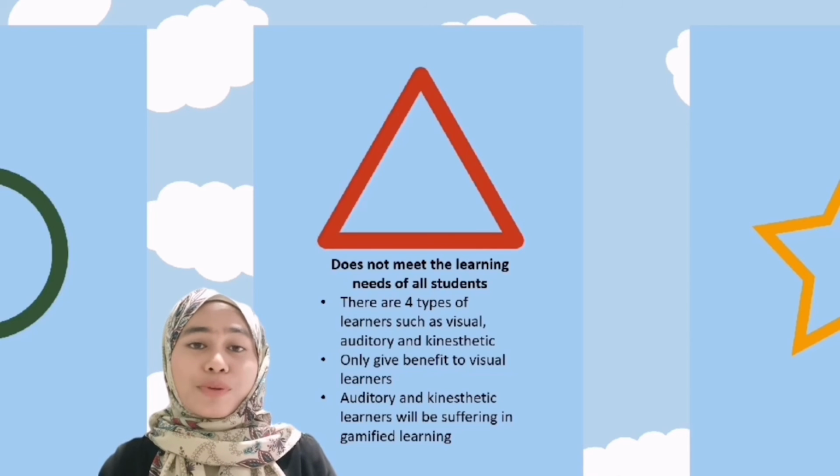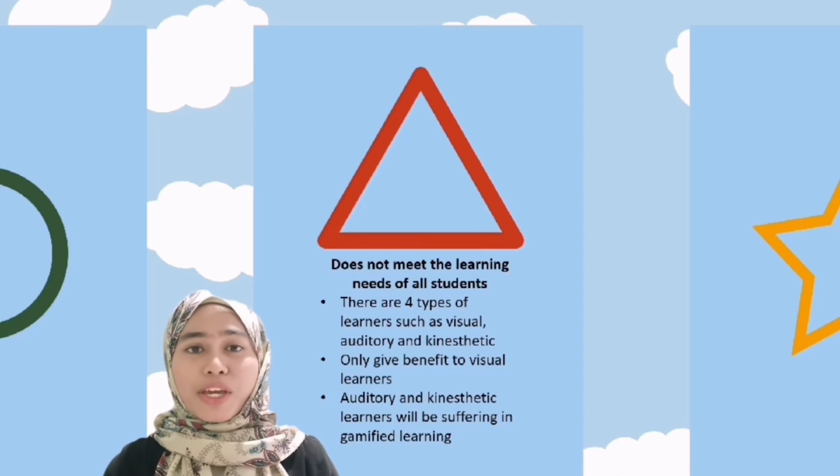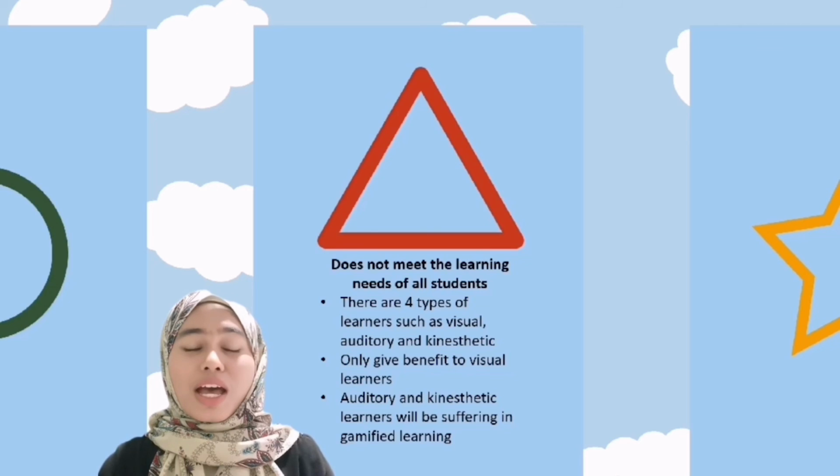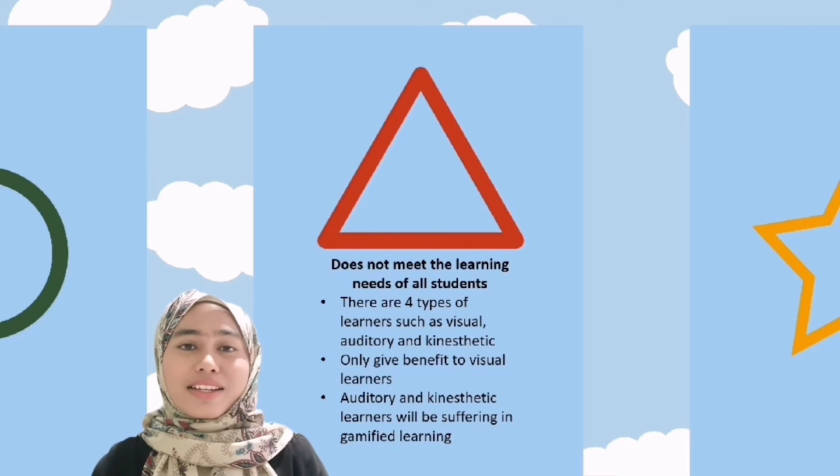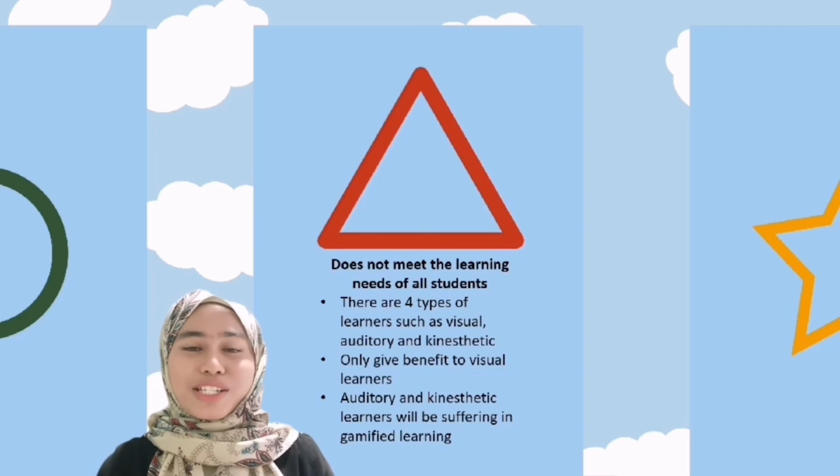They understand and remember things of what they heard. And kinesthetic learners learn and absorb information through touch, movement, and motion. So, gamification in learning only benefits visual learners, while auditory and kinesthetic learners will be suffering due to the